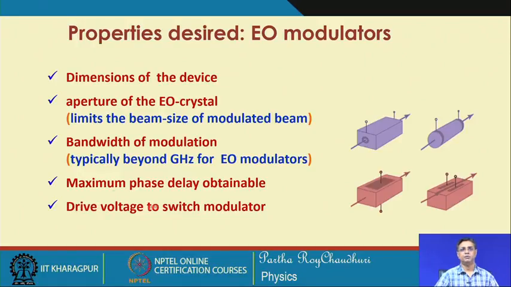Then the drive voltage to switch the modulator, that is, to get a phase delay of pi. We have seen it can vary from kilovolts to volts. So, looking at the desired application, one has to take this as one of the important design